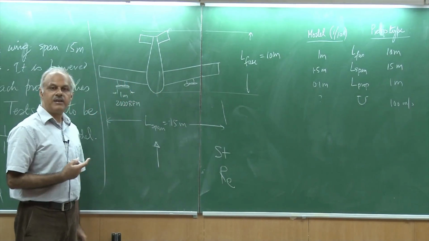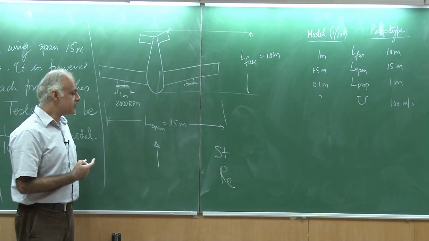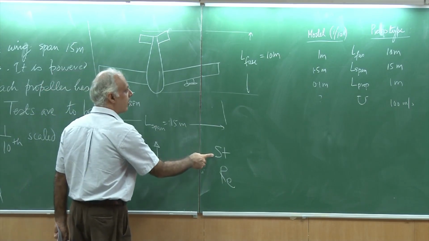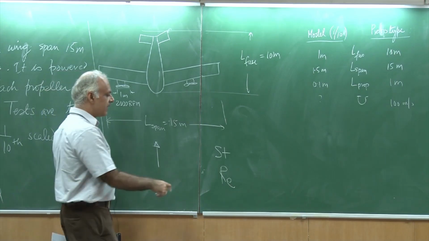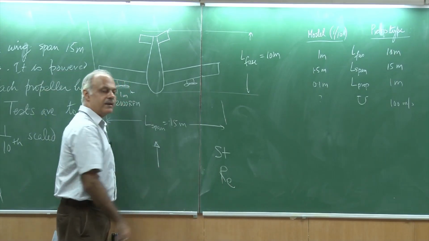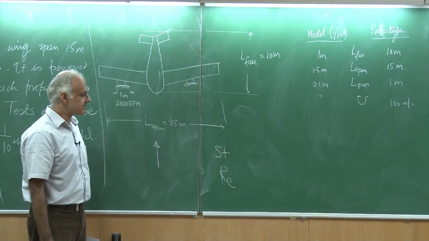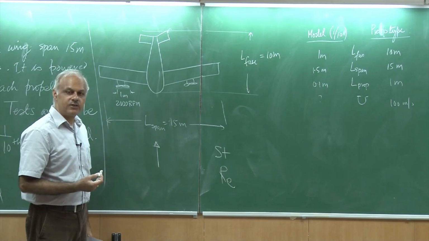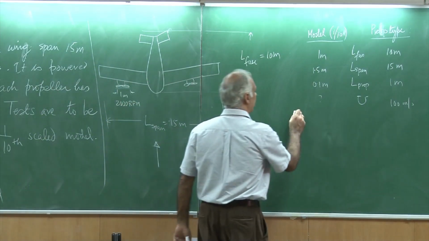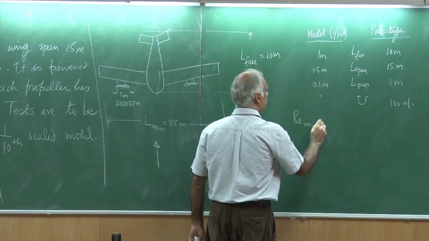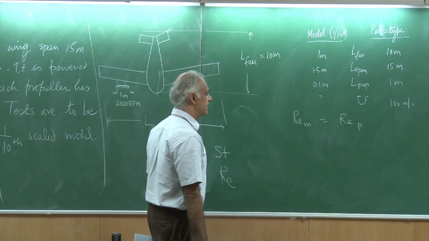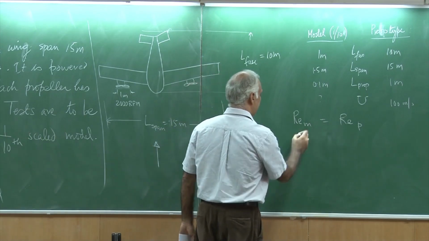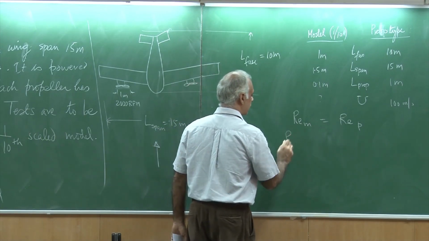If we want dynamic similarity, we must match the Strouhal number of the model to the Strouhal number of the prototype, and likewise Reynolds number for the model and prototype should match. Let us see what happens when we try to match them. So, Re model equal to Re prototype. What is Re model? Rho of air